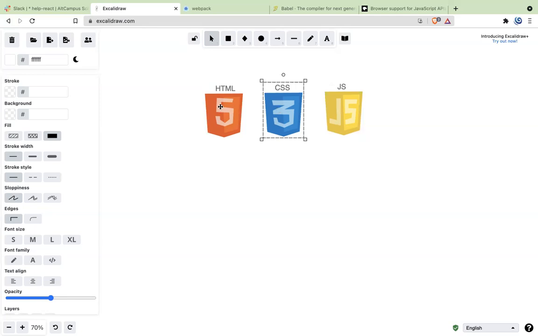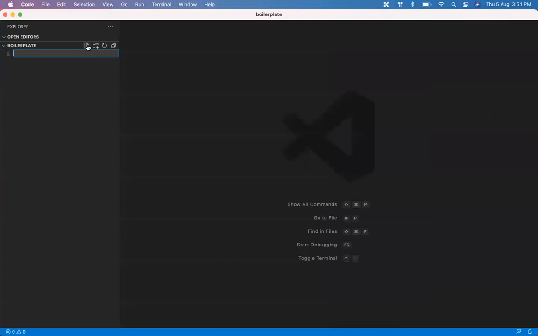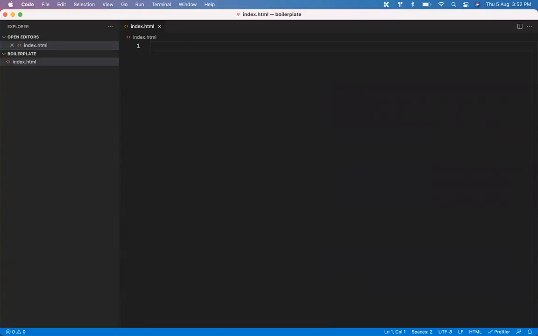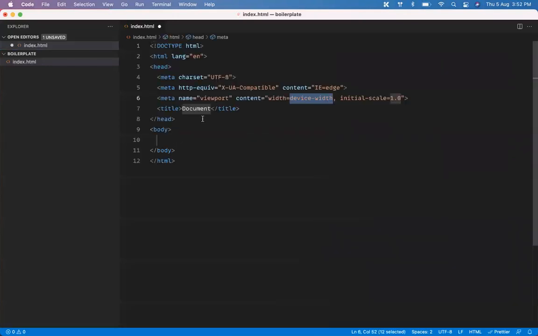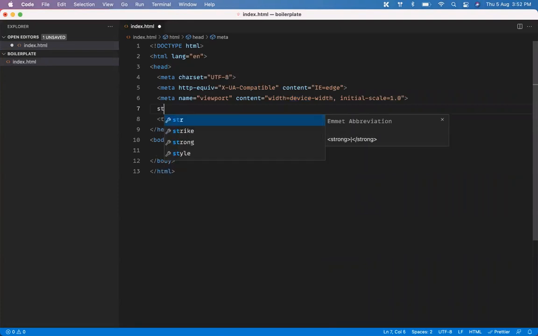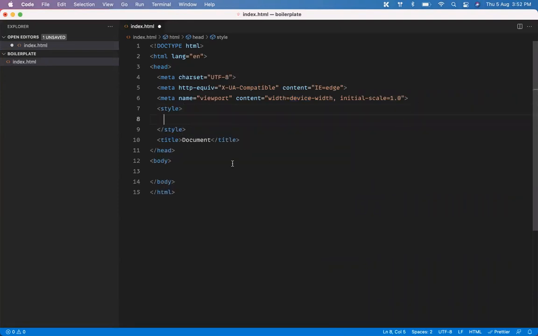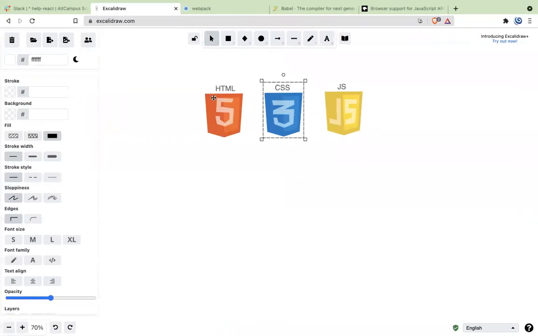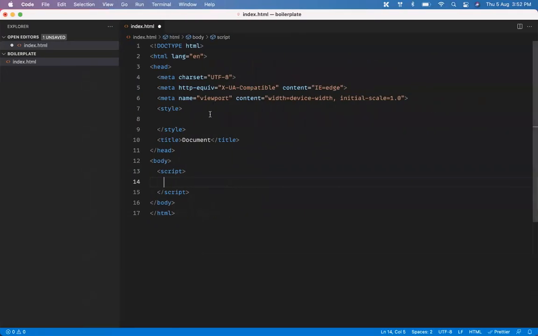You can just go ahead and create an HTML page. For example, here I can create an index.html page, and here I can write a basic boilerplate, whatever I want to. If I want to write CSS, I'll just say style, and here I can start writing CSS. Similarly, I can say script and start writing JavaScript. So when we are sending anything to the browser, we just need to write HTML, CSS, and JavaScript, and this is how we write it. It's so simple. This is CSS, this whole thing is HTML, and this is JavaScript.